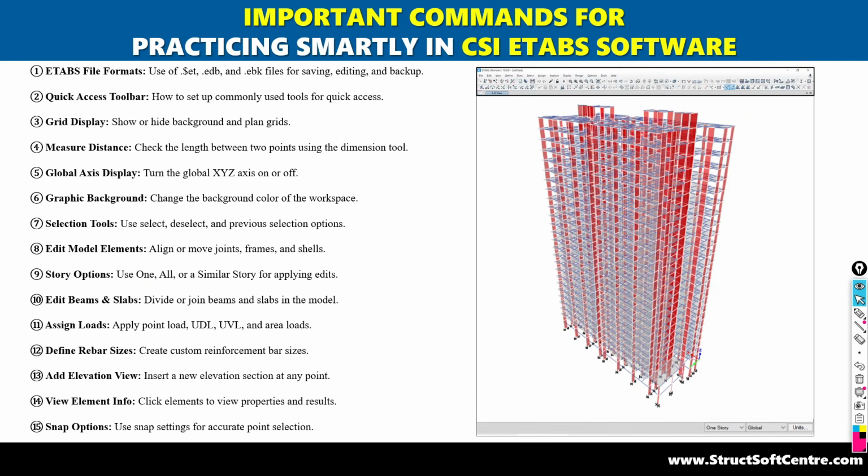Thereafter we are going to see in depth the commands of the CSI Etabs software. Unless you are confident to handle the software, unless you have the skill to operate the software, unless you have the skill to smartly use the software, you cannot go for the real example projects. So what are the file formats of the Etabs software, how to operate the software? What is the set display option, what is the one story, similar story, all story option, what is the selection, deselection, invert selection, reverse selection,